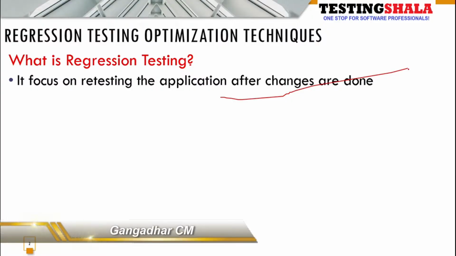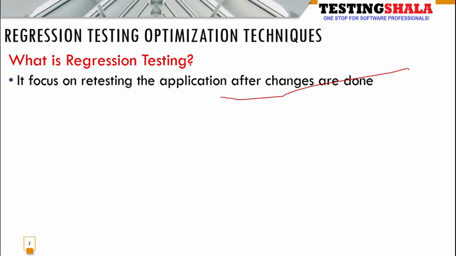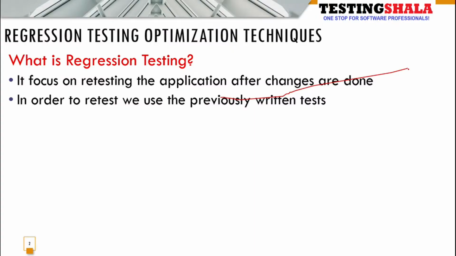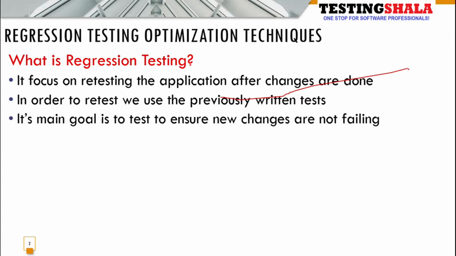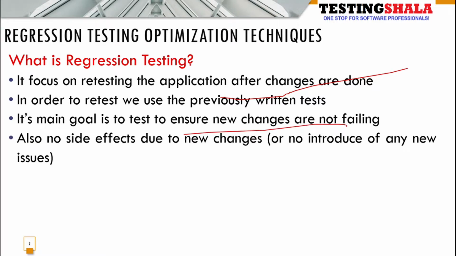First of all, let us understand what regression testing is all about. We normally do regression testing when we make any changes to the given application. We run the regression test cases one more time to see whether the existing functionality really works or not. The main goal here is to ensure there is no failure due to these new changes, and that you do not see any side effects due to the new implementation or modification of the existing code. That is the main goal of regression test cases.